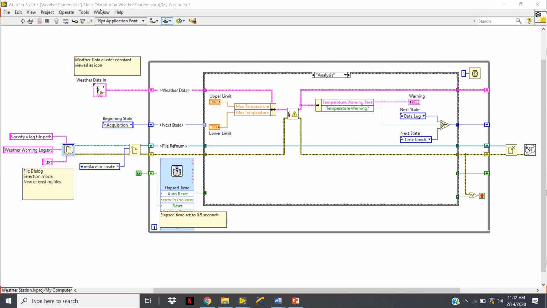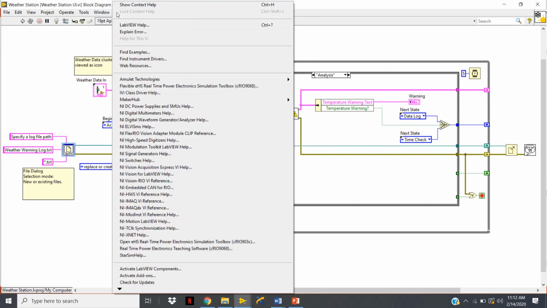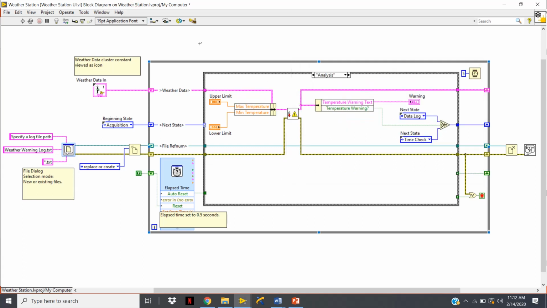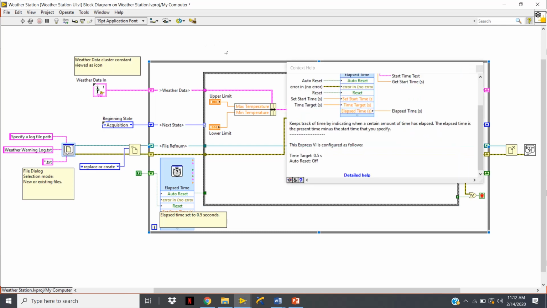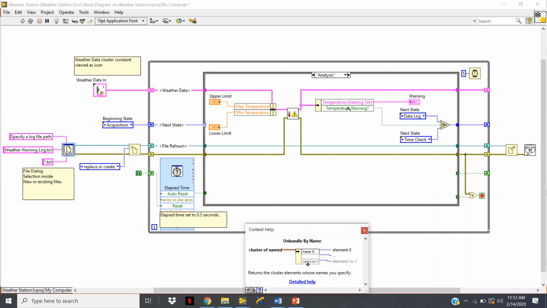So right now you can see my context help is on. Or you can also turn on context help by pressing your keyboard Control and H together. Okay. Now say suppose